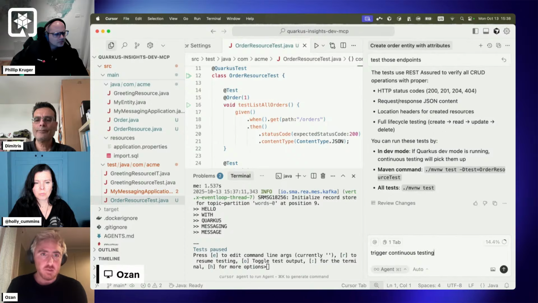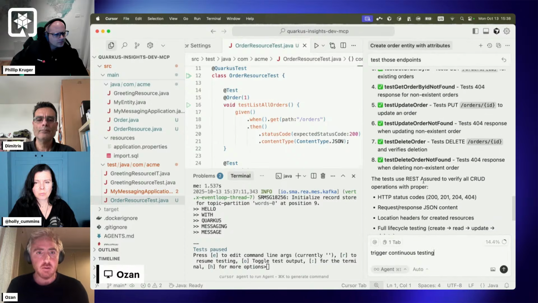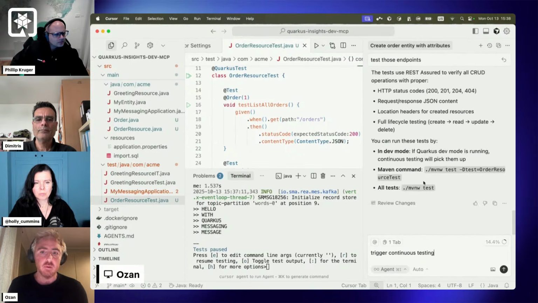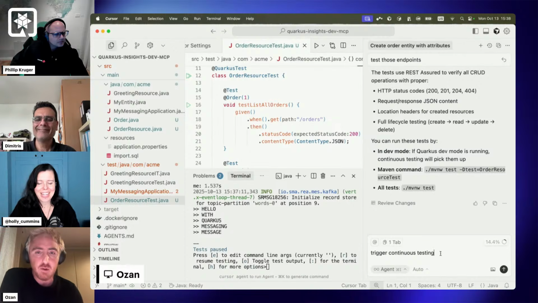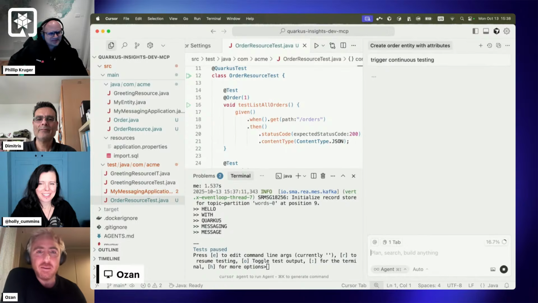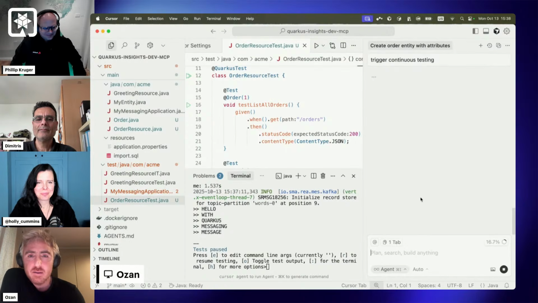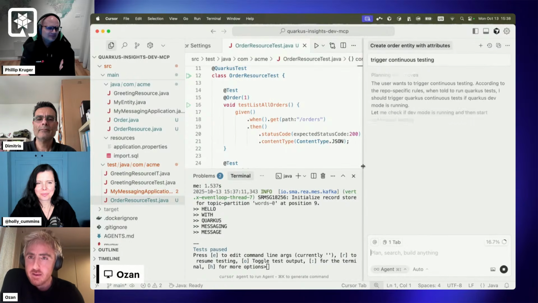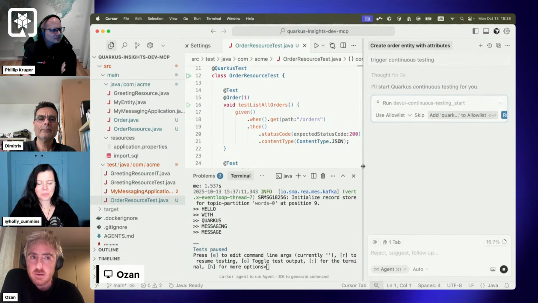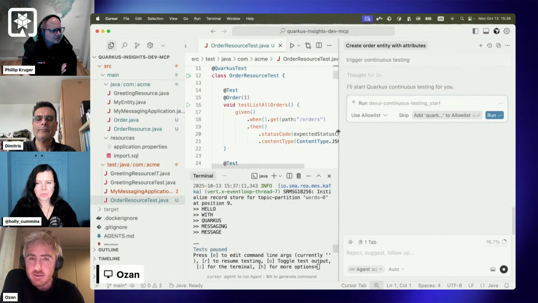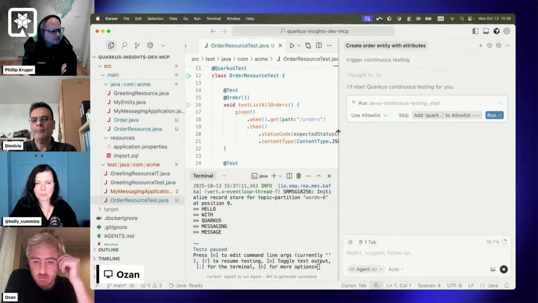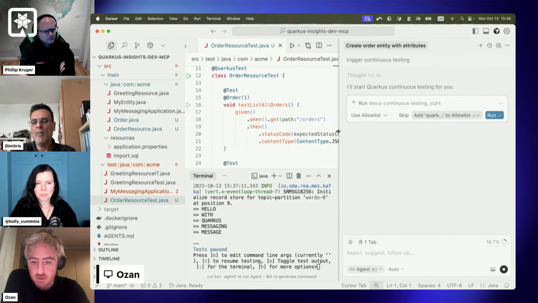And that's something that you see very often. Like it says that everything is passing, even though it didn't really do anything. It's very optimistic in its way of being. And again, different models act differently. So when I was doing the same thing with Claude Code, it first started the continuous testing